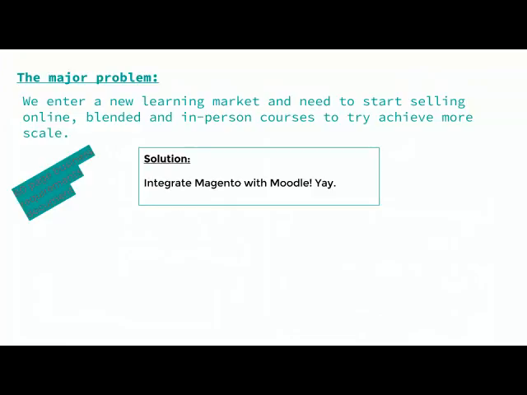We started writing a business requirements document to get out the logic that we needed. And 60 pages later, we had the first phase of our solution outlined: to take Magento and integrate it with Moodle so we could sell our courses to our customers.